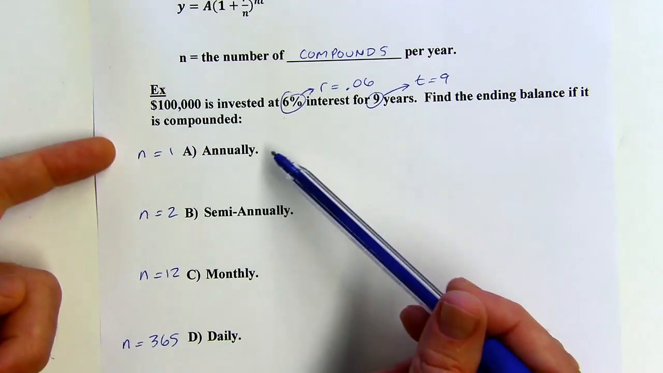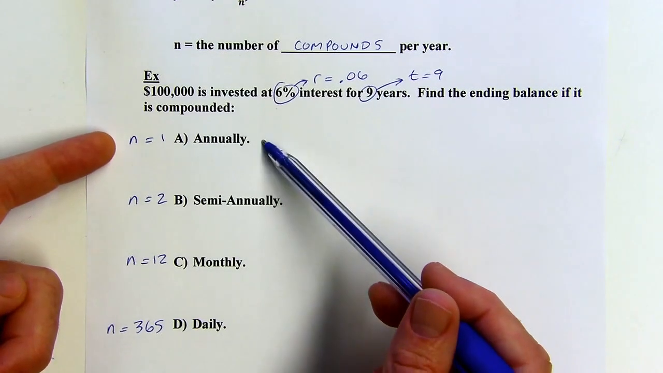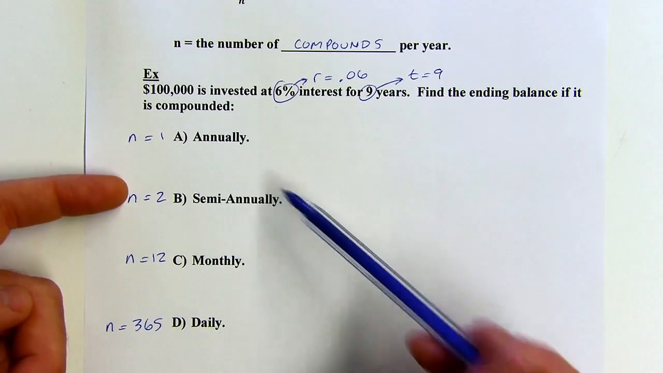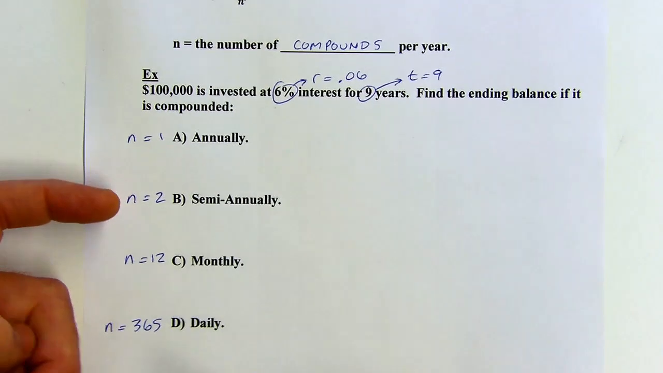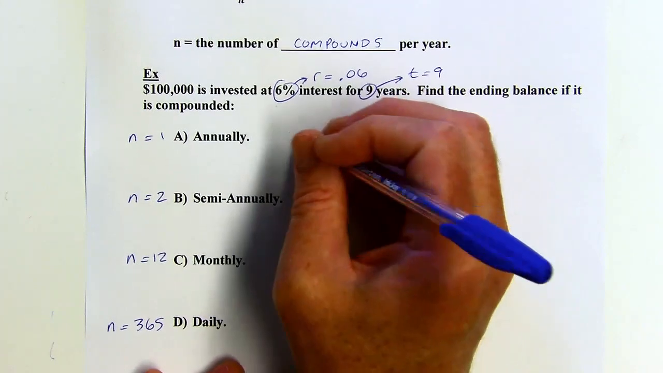So we should get the least amount of money when we're putting the 6% in at the end of 1 year, and then we should get more if we're putting the 6% in more often, okay? All right, so let's try this out. So for this first one,